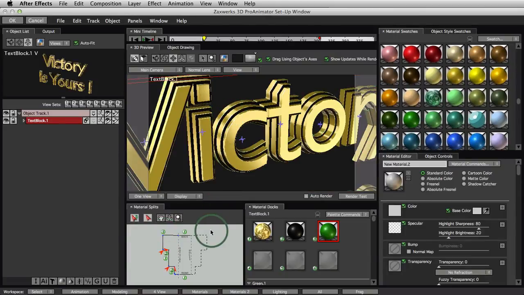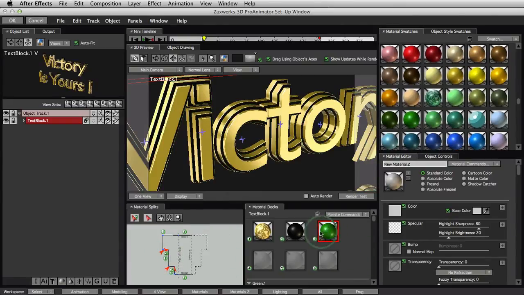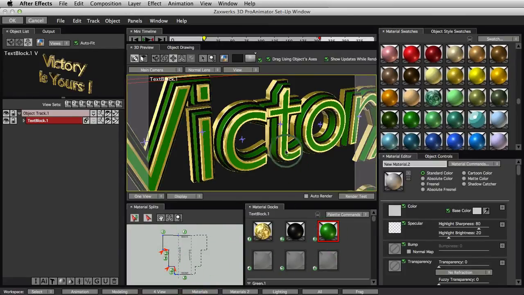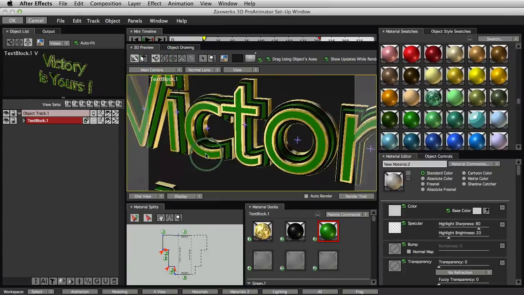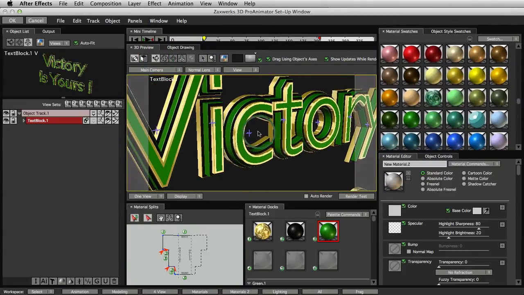Let me undo. If I bring this thing in and I drop it here, you see now it's going to be on the side right there. So you see that little number 3? So I'm going to undo that too. And if I bring it here, I can drop it right on the front. So I could bring it on the front and then bring it again and drop it on the side, and then I end up with something that looks like this. So I've got a multicolored bevel all set up, super duper easy.